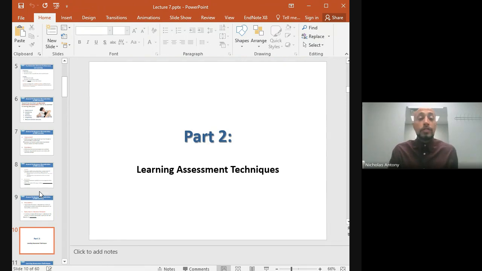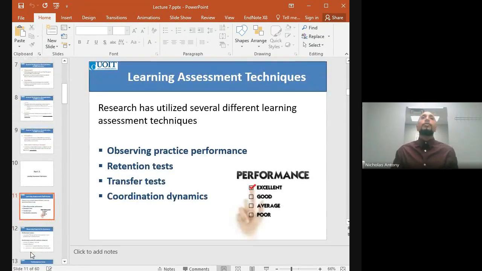Perfect. So let's talk about different learning assessment techniques then. And so if we're going to describe ways to confirm that learning has occurred, it involves testing, right? And so the learning assessment techniques that have been most utilized in research, and specifically the research that is